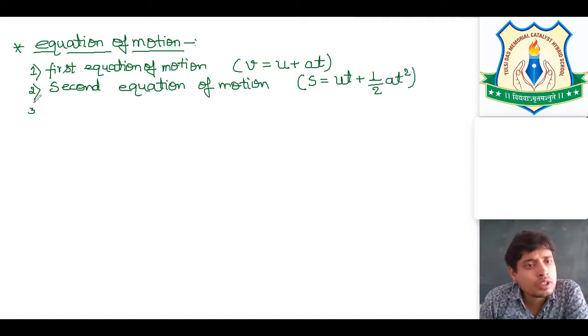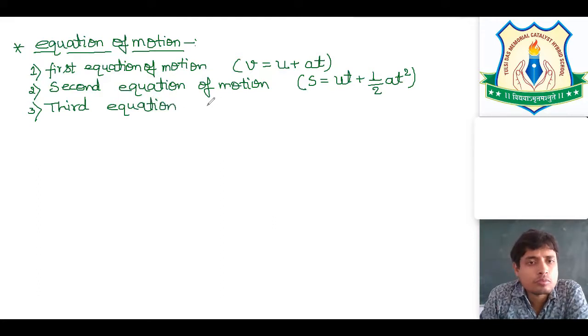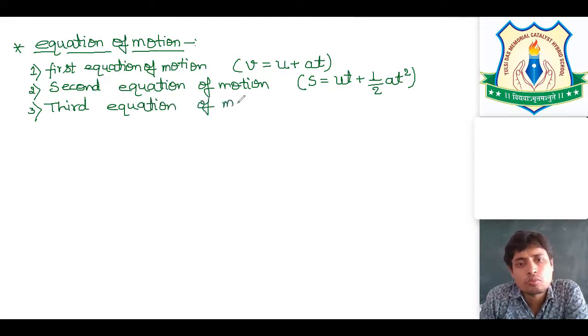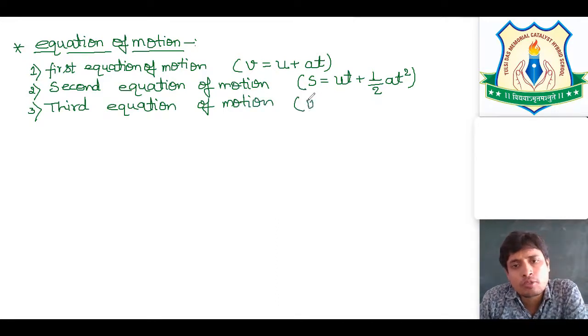And the third equation of motion is v square is equal to u square plus 2as, where